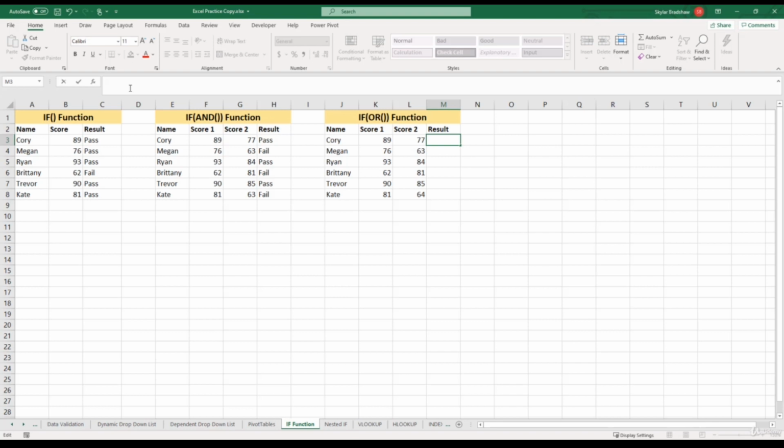So we've got to start with the equal sign and then IF, open parentheses, and the first argument is asking for the logical test, and this is where we're going to place our OR function. So let's type in OR and then open parentheses. So once again, we are going to be testing multiple conditions. For the first condition, we are going to see if this person scored higher than a 65 for score 1. So we can click score 1 greater than 65 and then place a comma to test the second condition,